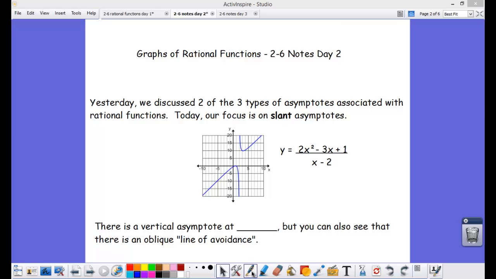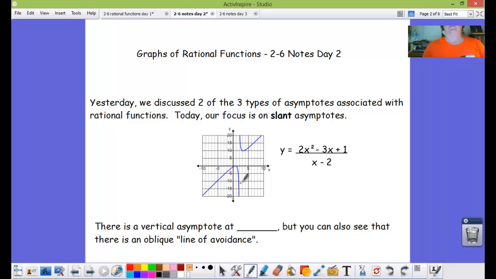Hi, and welcome to our second lesson concerning rational functions. Today our topic is going to be slant asymptotes. You may recall from yesterday's lesson that the final rational function that we graphed had a look similar to this one,